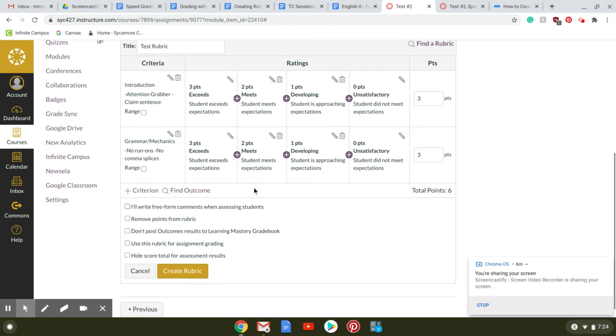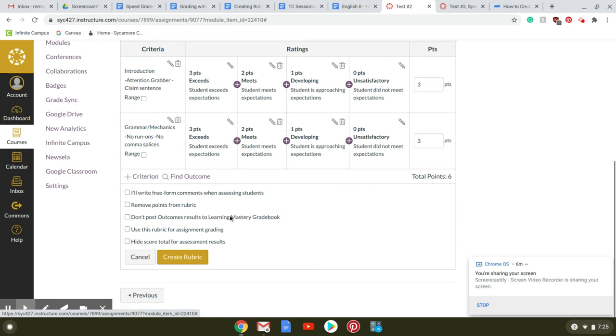So once you finish your rubric, you've added all of the criteria that you'd like, your rating scales where you want it to be, and your points are at the point value you'd like them to be. You have these different options down here. So I already talked about the freeform comments. As you can see, like I showed you before, if you click this, all these ratings go away. But if you want to have those really easy ratings to just click through when you're grading your students' work,